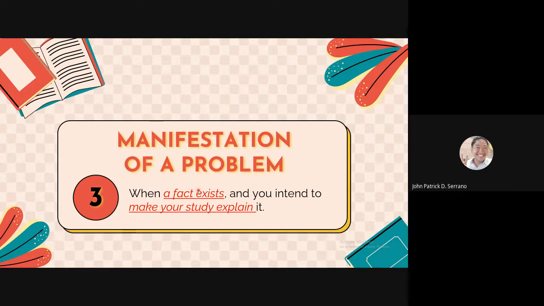Paano ang halimbawa po noon ganito? Halimbawa, sa advisory class po ninyo, you are a deputy teacher, sa mga estudyante ninyo, abay sunod-sunod yung mga nabubuntis. That's a fact. Kasi totoo naman na, halimbawa lang naman po, totoo naman na sunod-sunod yung mga nabubuntis sa klase ninyo. That's a fact. Totoo yun. Kaya lang, hindi mo alam bakit. Ano ba yung paliwanag doon? Ba't ba sila sunod-sunod na nabubuntis? So, that's a good manifestation of a problem kapag ganyan ang kanyang senaryo.